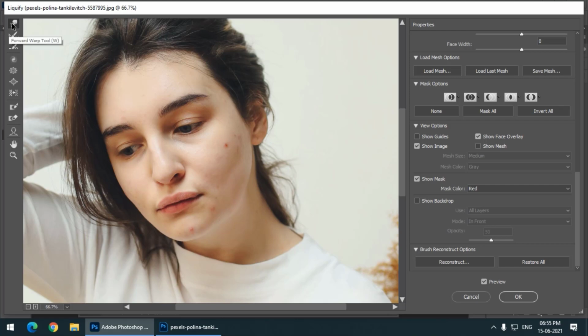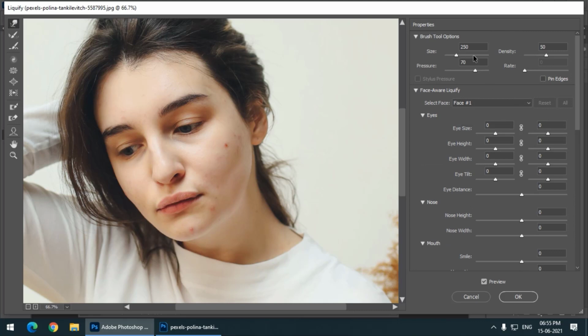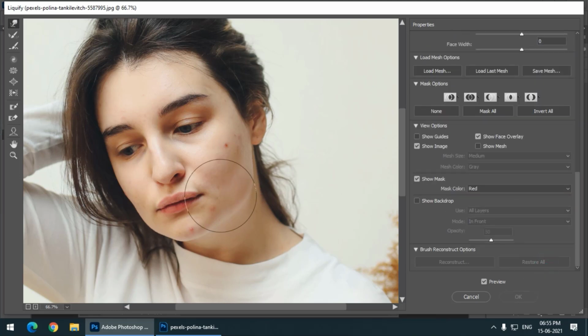The forward warp tool basically displaces the pixels, and you can change values like size, pressure, rate, density. Now I will again press restore so that it gets back into the original state.